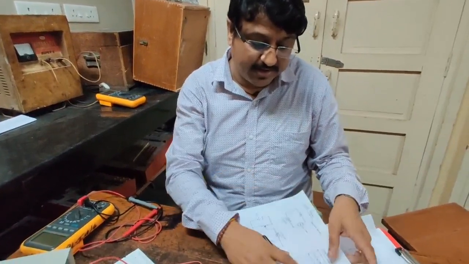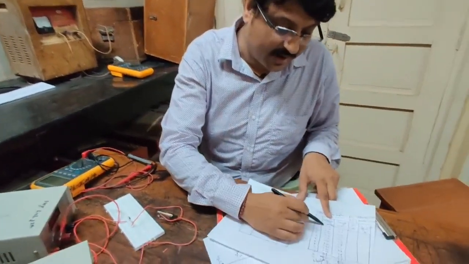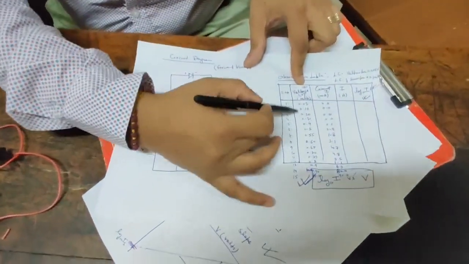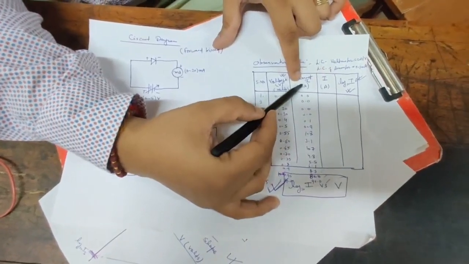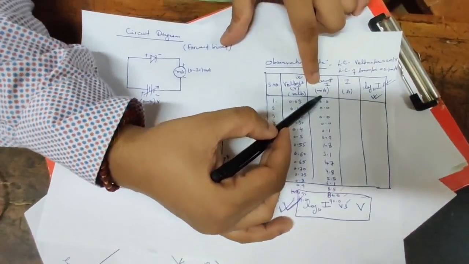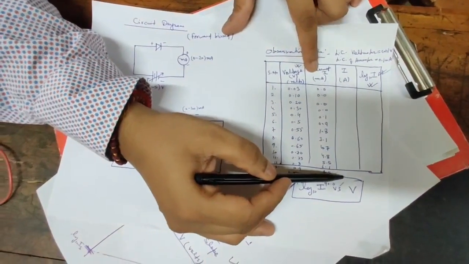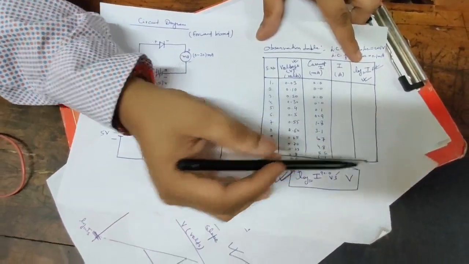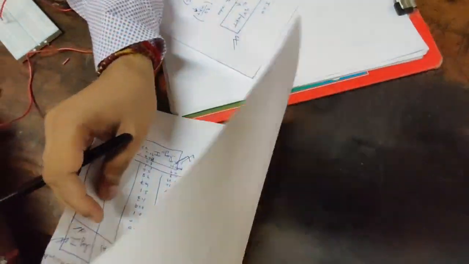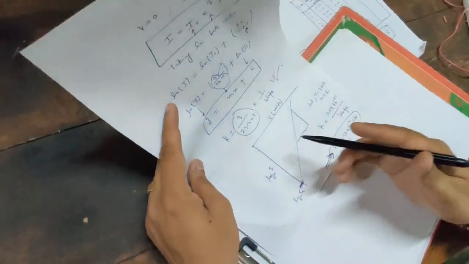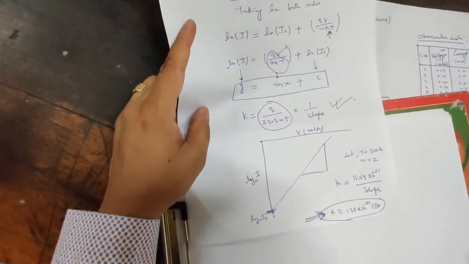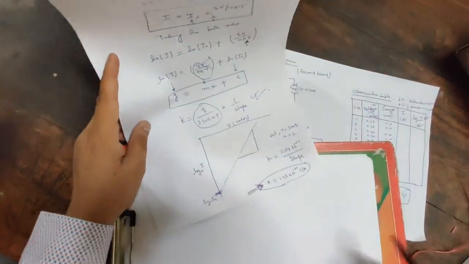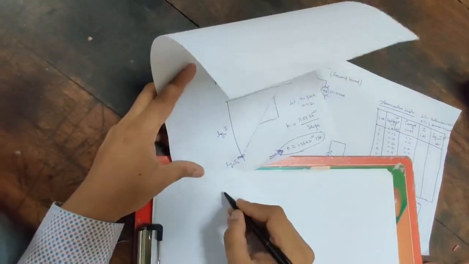So after this, when I find out these values, as you can see here, the voltage and current values, I can easily convert the current into amperes, and we have to change milli, which is 10 to the power minus 3. So please change all the values carefully, and then find out log I. Whenever you take the current in log I, you will have negative values. Okay, so I'm just plotting the graph.